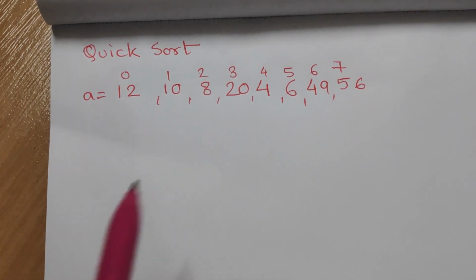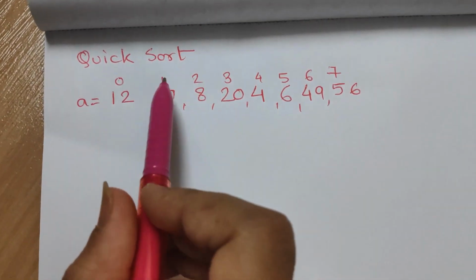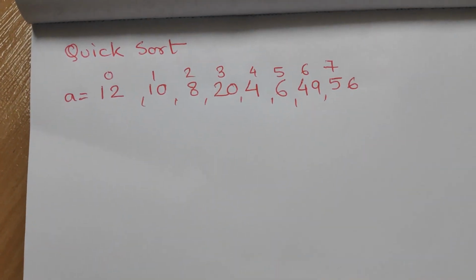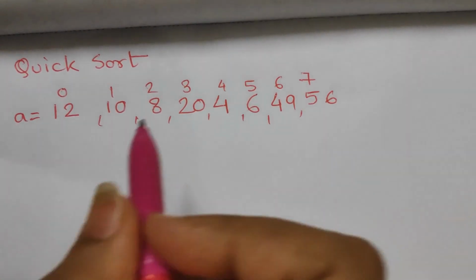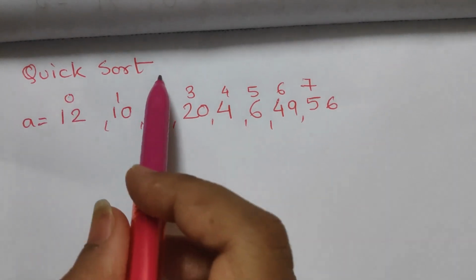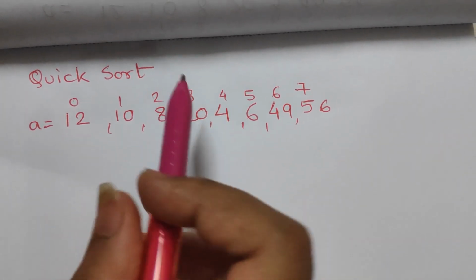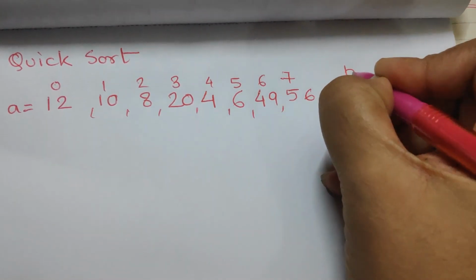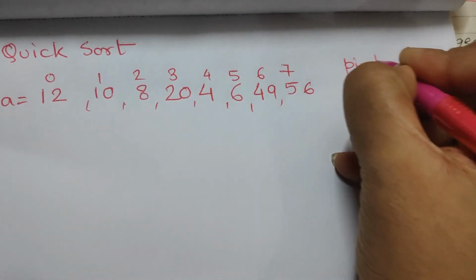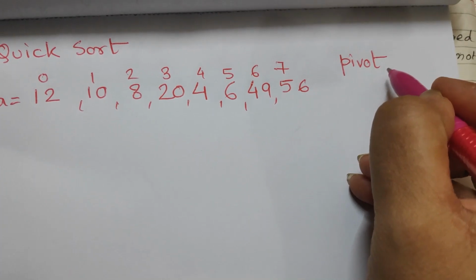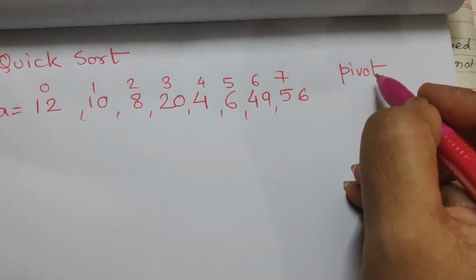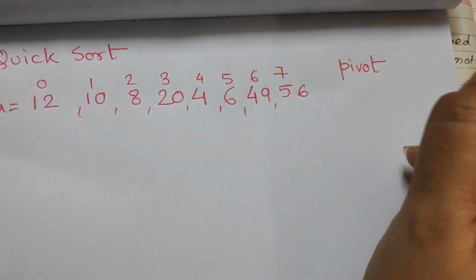We are going to discuss the quicksort algorithm. Now, before I give you the algorithm, let us discuss how the quicksort algorithm works. In quicksort, the main idea is that it always considers an element as a pivot element. The pivot element is the element with respect to which the sorting is made at every pass.